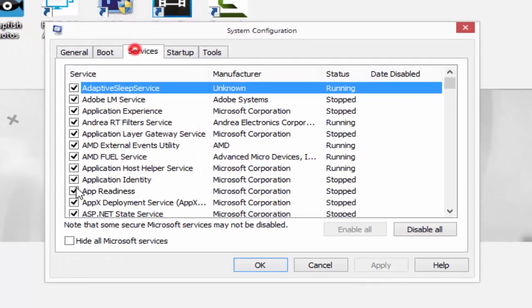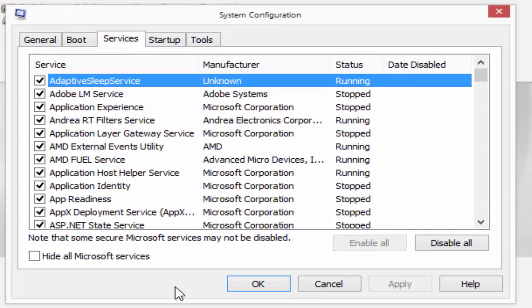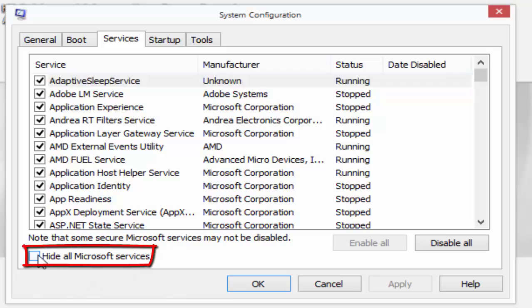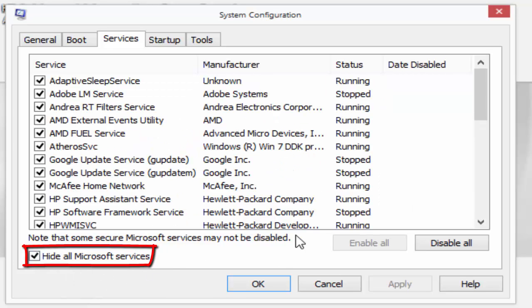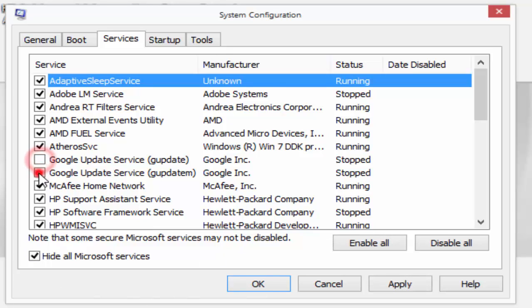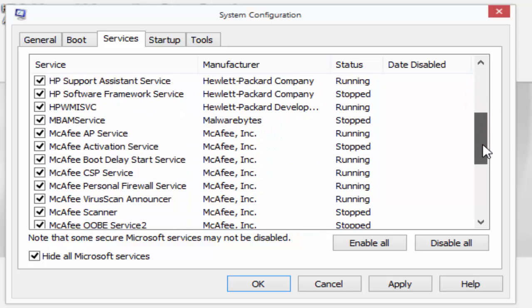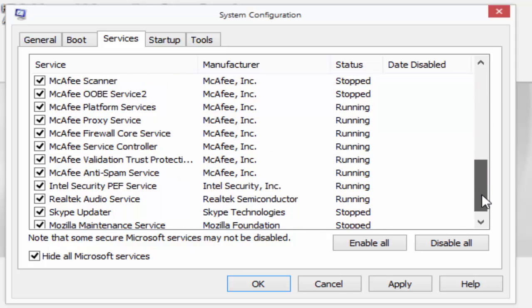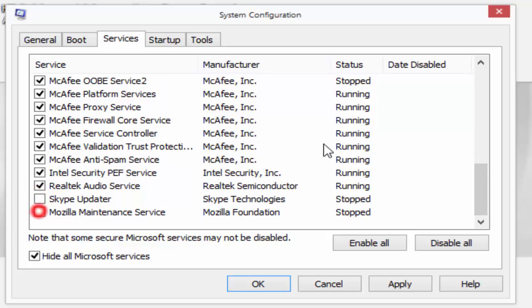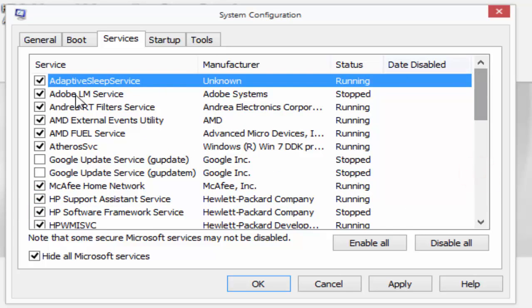There we go. Services, here we go. So these are all the services that boot up, that turn on once your computer is booting up. The thing you want to do is go here, hide all Microsoft services, and this will bring it down a little bit. And what you want to do is untick the services you don't need, like the Google Chrome update service. I recommend keeping the antivirus like McAfee, but you won't need things like Skype updater or Mozilla maintenance or Adobe services. So I recommend